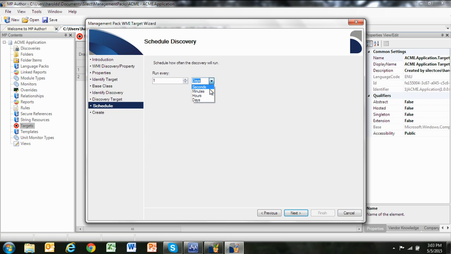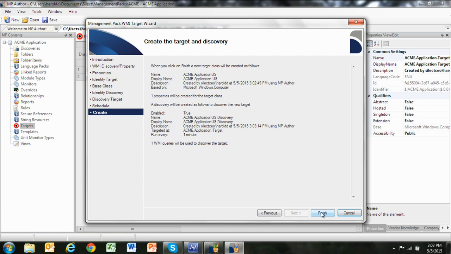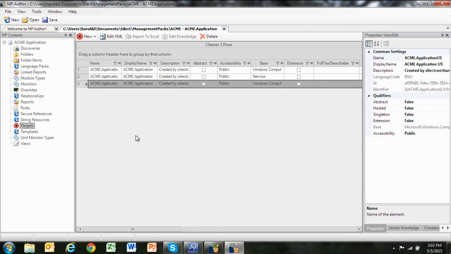So I'm going to, again, do a bad thing and run the discovery very, very frequently. Let's go ahead and create the target and discovery. So now my management pack is going to not only look for and find the healthcare application, it's going to look for systems in the US, and now I need to define some additional monitors to look at that HIPAA